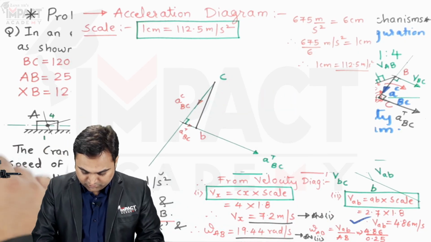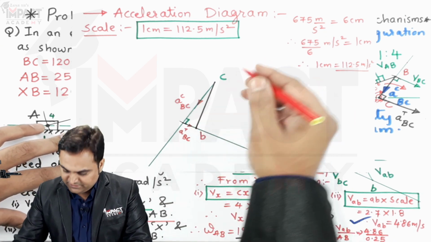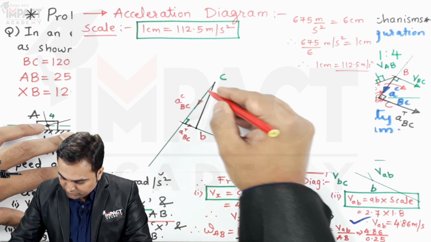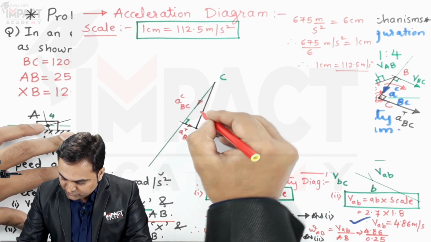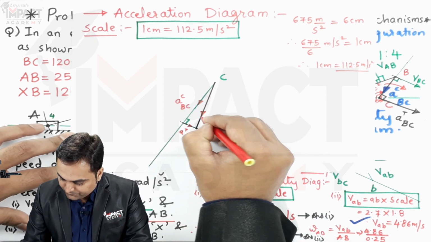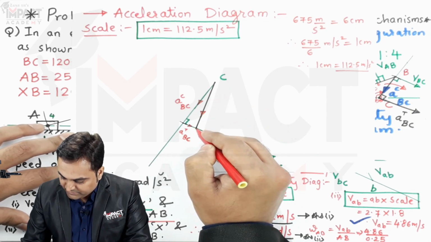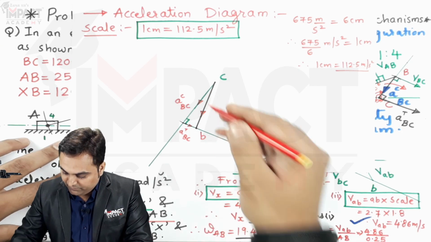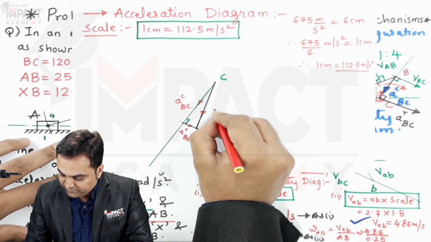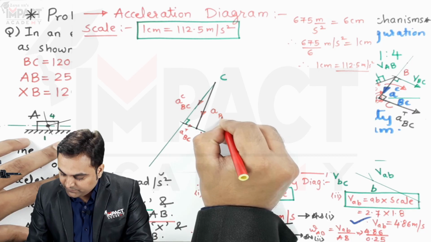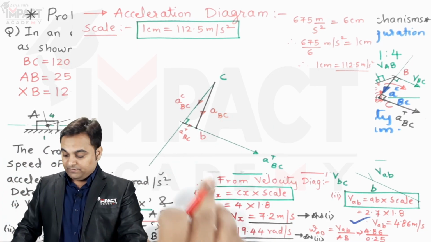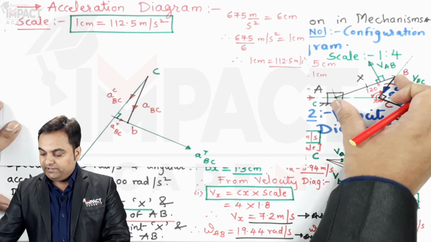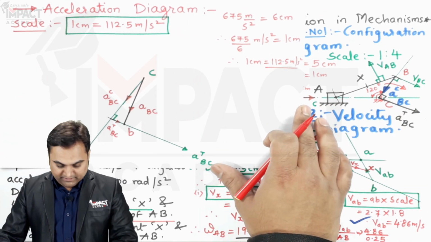Its sense should be in the opposite direction, like centripetal and tangential acceleration are acting in the same sense, so this would be in the opposite sense, because here the arrow is going in the same direction. So for actual acceleration, it won't go in the same direction, it would be from the opposite side. Now this indicates the acceleration of link BC. Then after finding the acceleration for BC, the next step would be for link AB, and for link AB, its